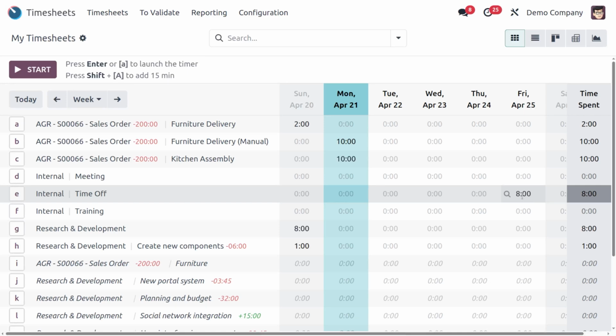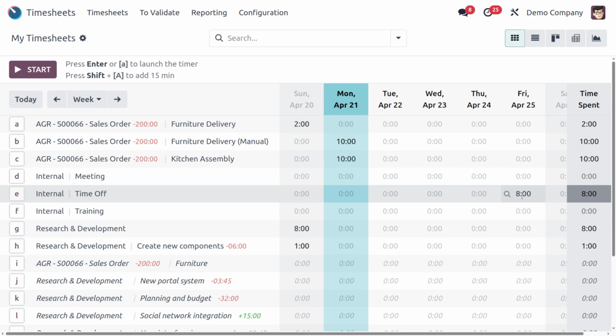So let me tell you why this is actually helpful. The first thing is no more forgetting. You don't have to remember to manually enter your time off in the timesheet. This is a very simple thing. Next is accurate records. It ensures that all your time, including time off, is recorded, giving a clearer picture of the project cost and the resource allocation also. Next thing is less confusion. This basically avoids questions later about why certain hours were not in the timesheet.